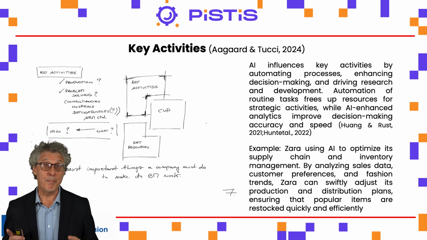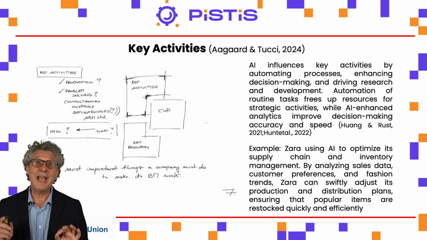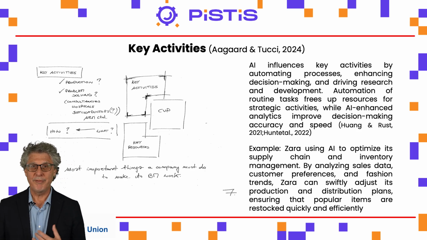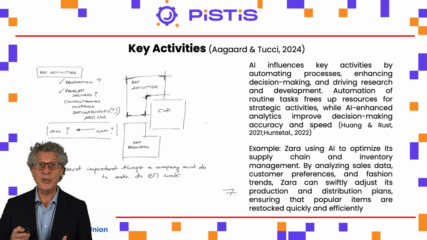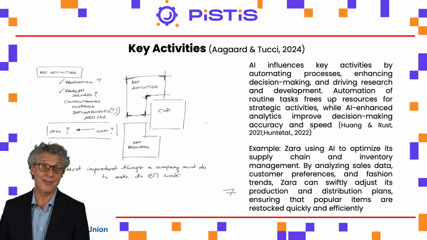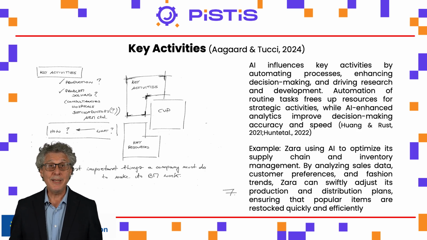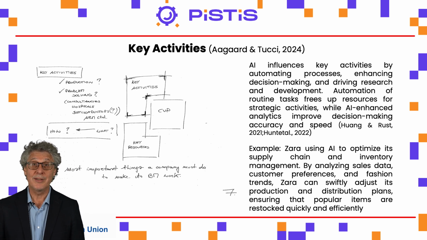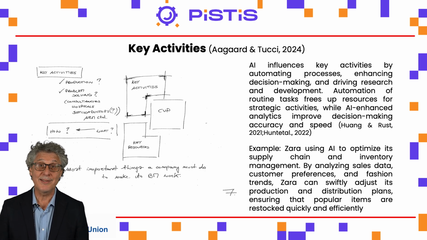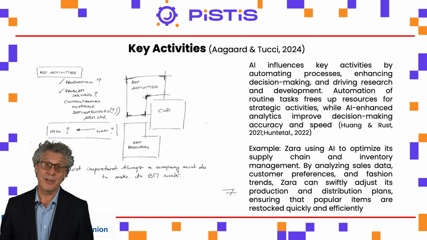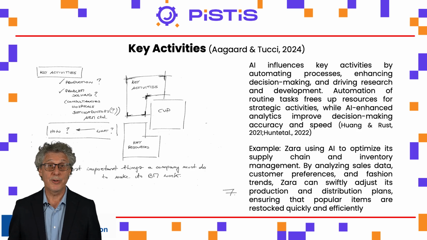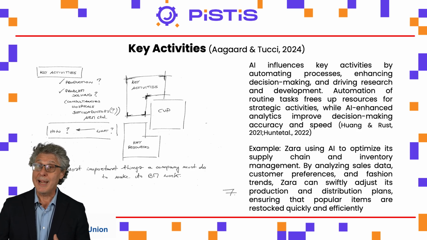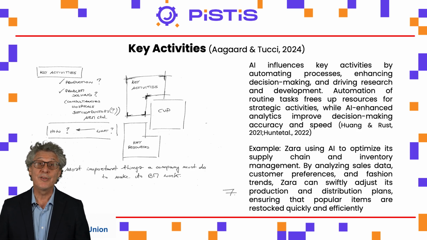Another interesting component of a business model is the key activities component. So the key activities is pretty much self-defined by the name. It's what are the activities that you need to do to pull off or implement or execute your business model. And here we can say that data and AI influence the key activities by automating the processes, enhancing decision-making, and driving research and development. So automation of routine tasks frees up resources for strategic activities, and AI-enhanced analytics improve decision-making